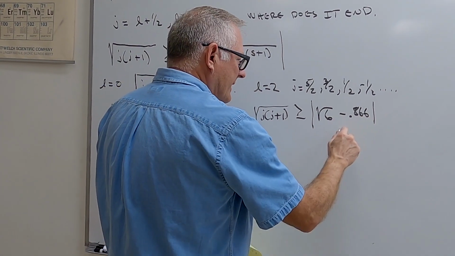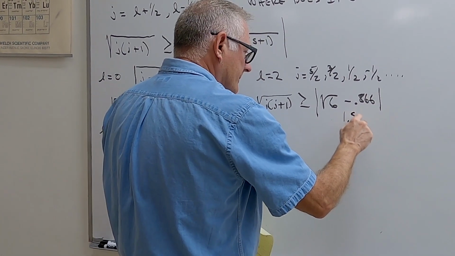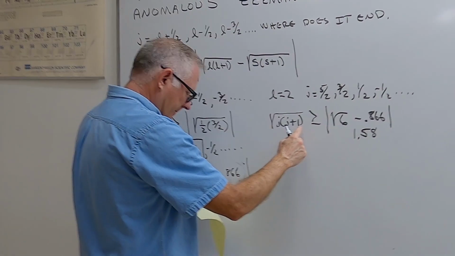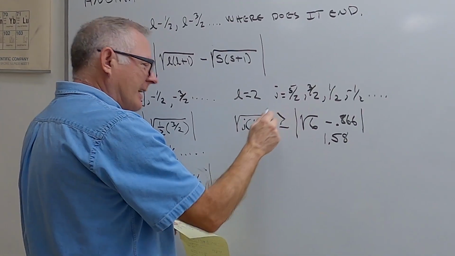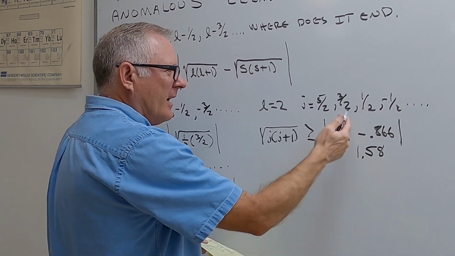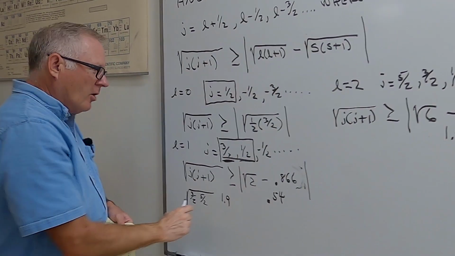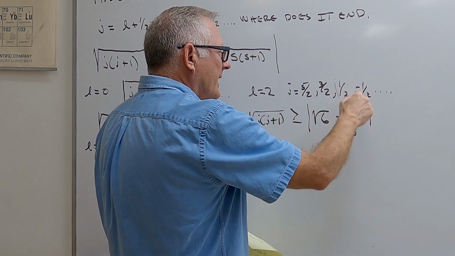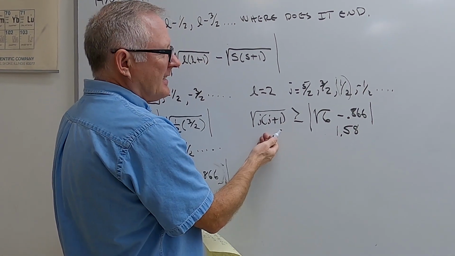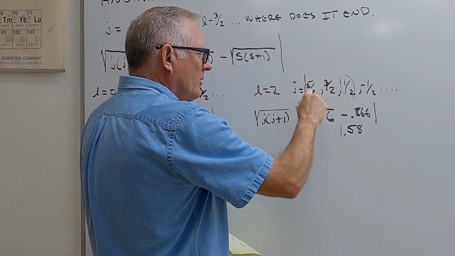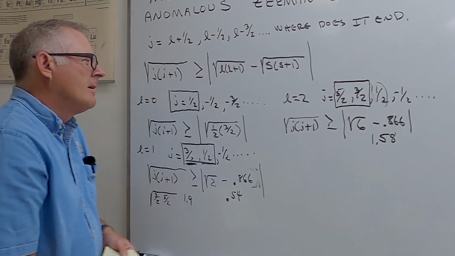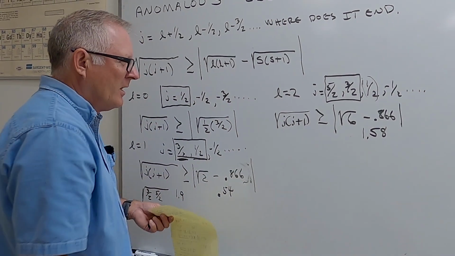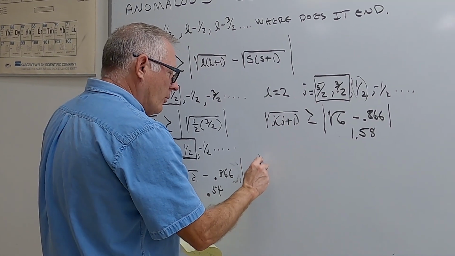If you plug that in, that's 1.58. Okay. So if we plug in the 5/2 here, that's going to be greater than 1.58. If we plug in even the 3/2, that was 1.9. So that one is going to work. But if we plug in the 1/2, that's 0.866, which is not going to work. So only these two will work right here. Matter of fact, as long as, if I kept going up to L equal 3, only the first two will always work. So what the rule is first of all,